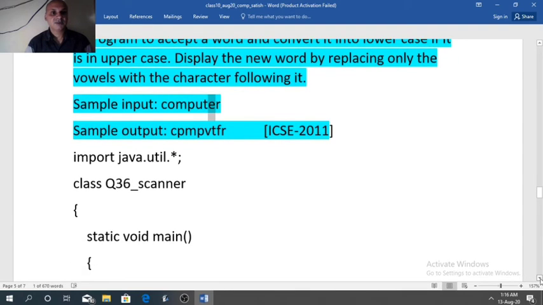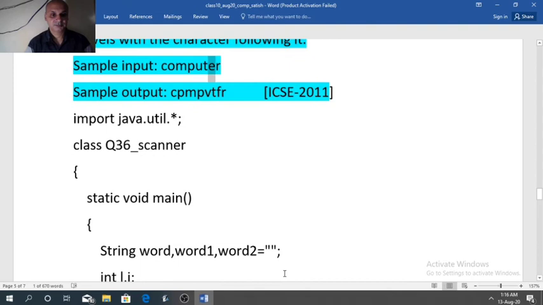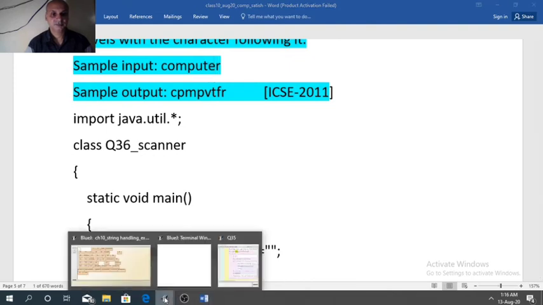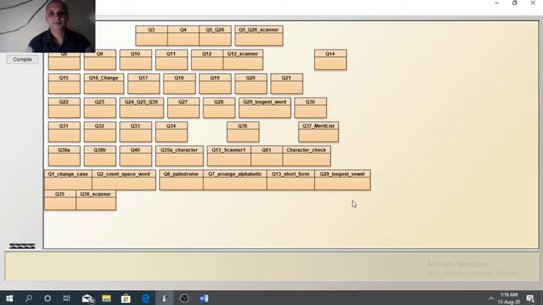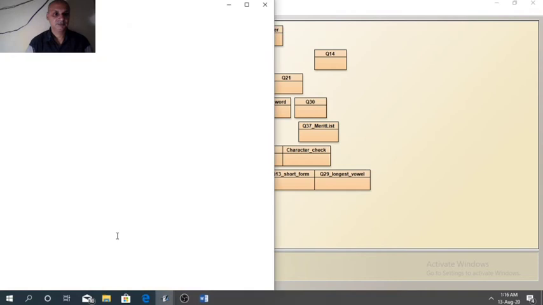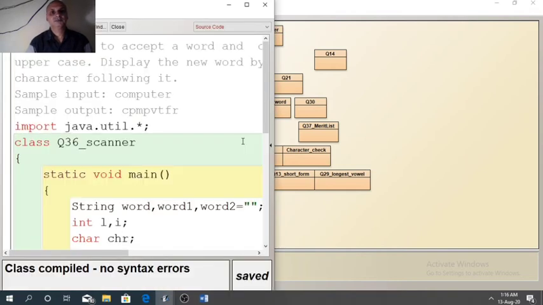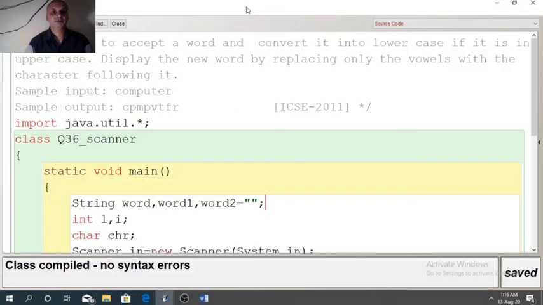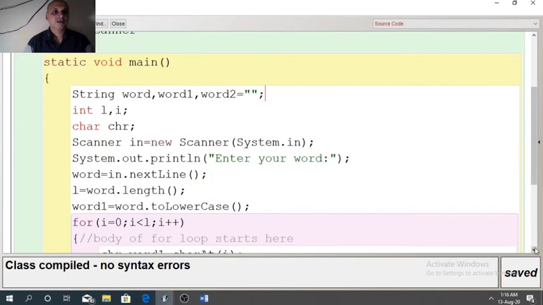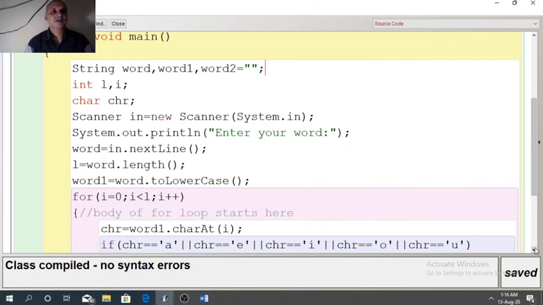Now see the program. First the variables. Word will store the input word.